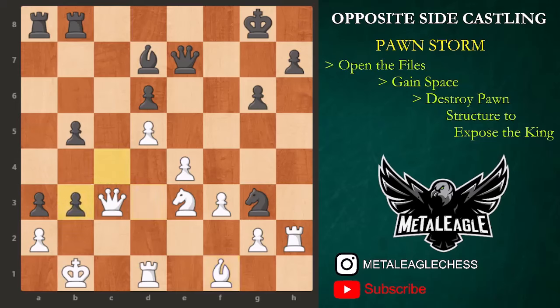C takes b3, and a takes b3. Now, if queen takes the pawn here, with queen takes b3, then there is b4 and bishop to a4. Okay, so he needs to take that with the a pawn. Now, what just happened? Now that brings us to number 4, or to the fourth principle, should we say, destroying